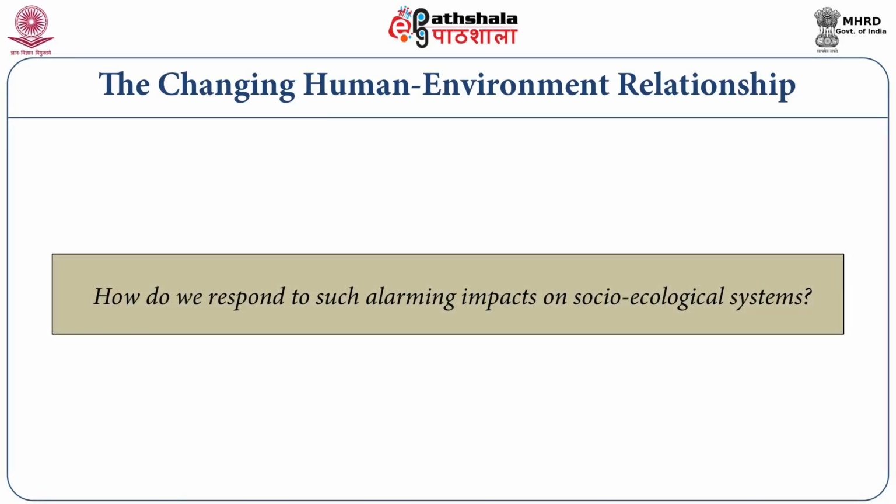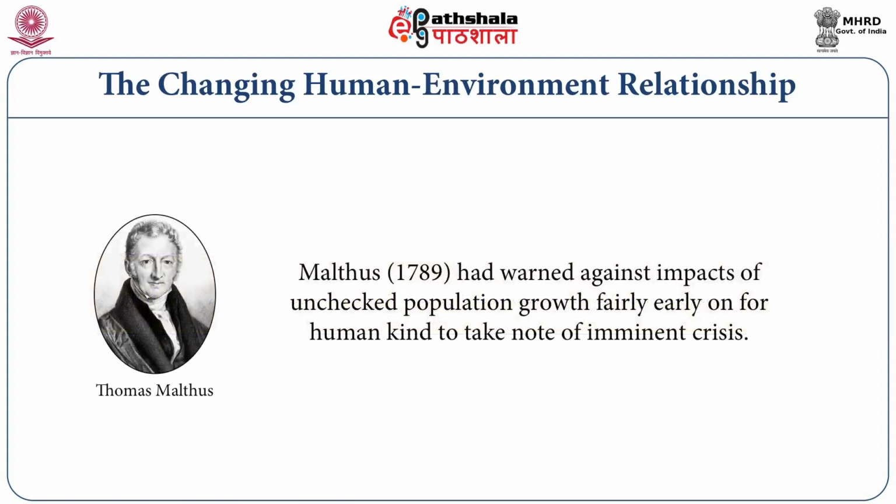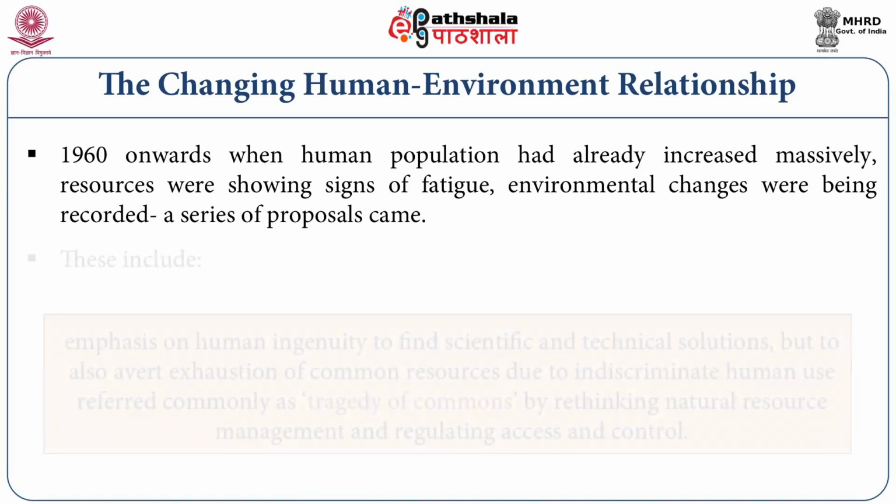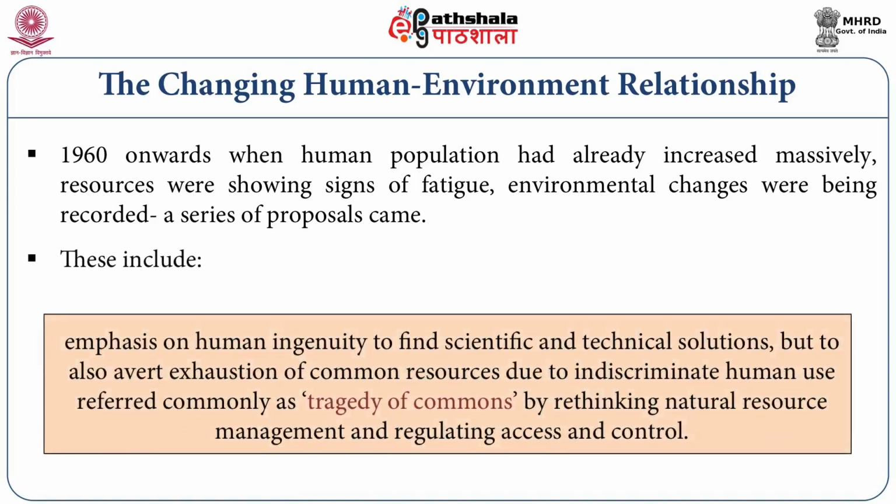How do we respond to such alarming impacts on social ecological systems? Malthus, in his essay written in 1798, had warned against the impacts of unchecked population growth fairly early on for humankind to take note of the imminent crisis. From 1960 onwards, when the human population had already increased massively, resources were showing signs of fatigue and environmental changes were being recorded. A series of proposals came. These include emphasis on human ingenuity to find scientific and technical solutions. For example, you can look up the work by Boserup in 1965 and 1976,